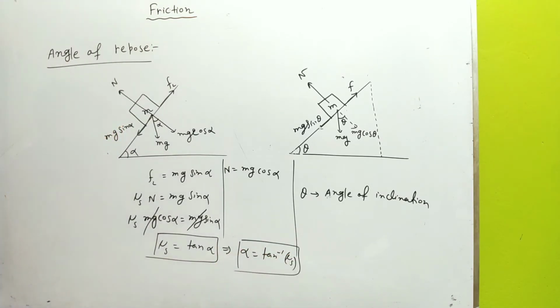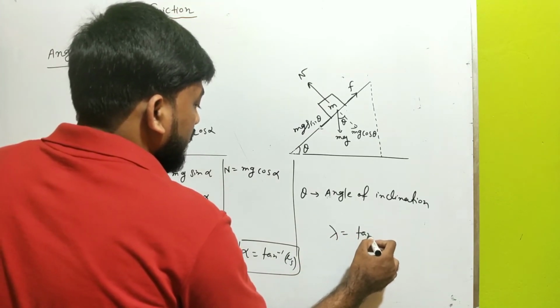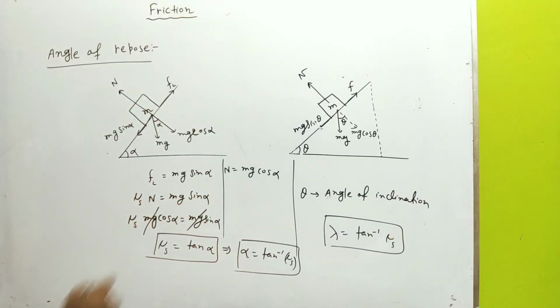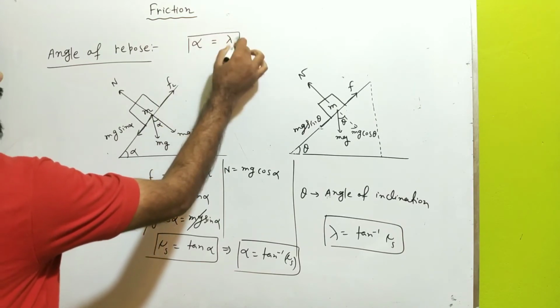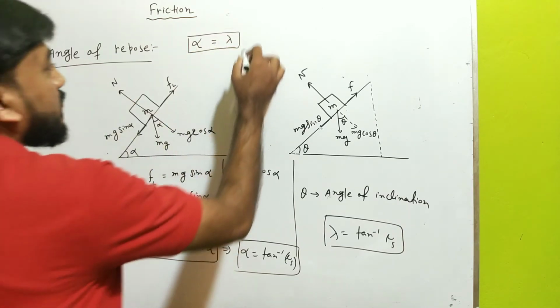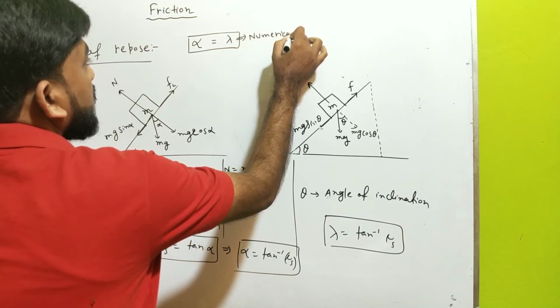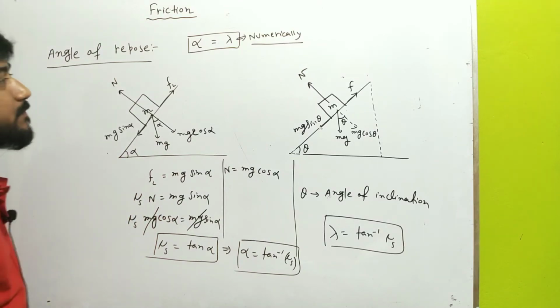And we have got earlier that lambda is also equal to tan inverse mu s. So numerically, this angle of repose alpha is equal to lambda, the angle of friction, but